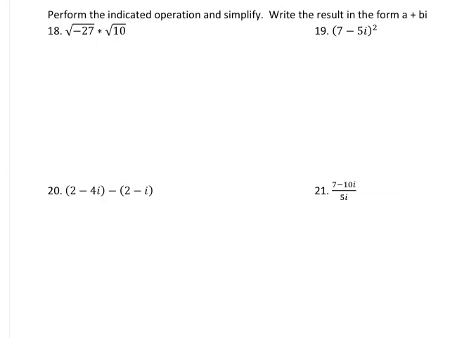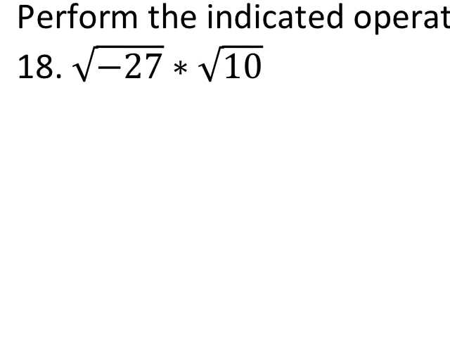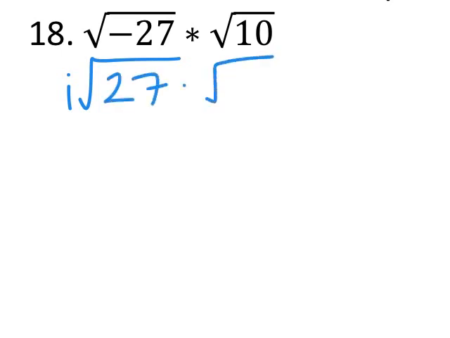Now, since right away on 18, let's go and take a closer look at this. We have a negative square root, so we know we can pull an i out of that. Square root of 27 times the square root of 10. Some of you know that we can factor that 27. Let's go and rewrite that. i times the square root of 9 times 3, because